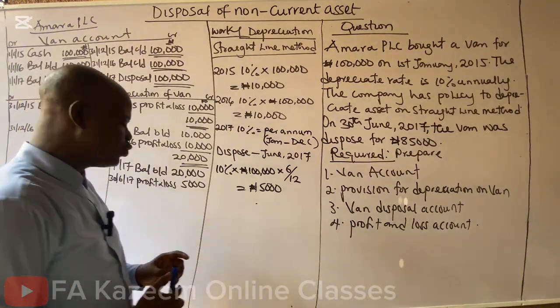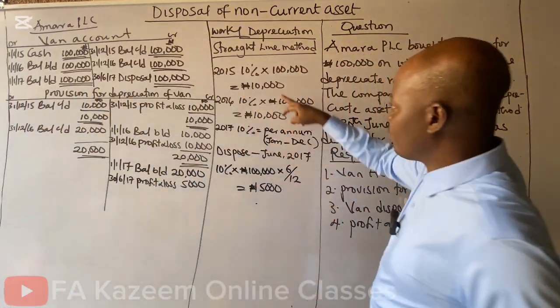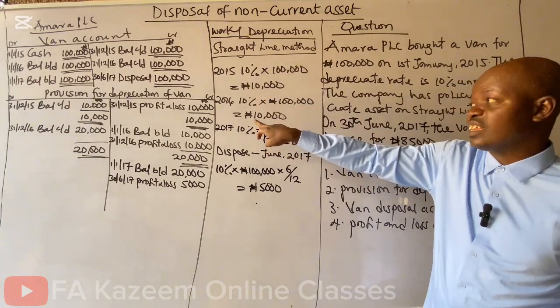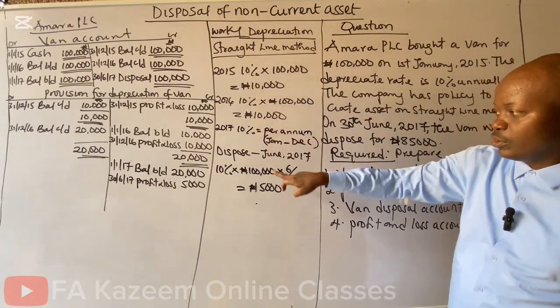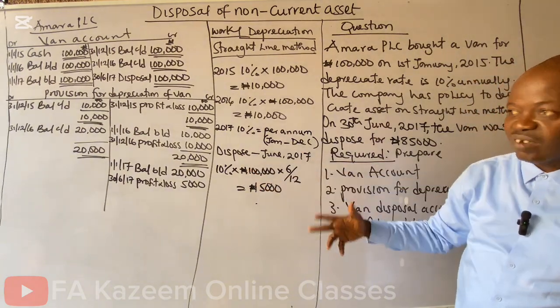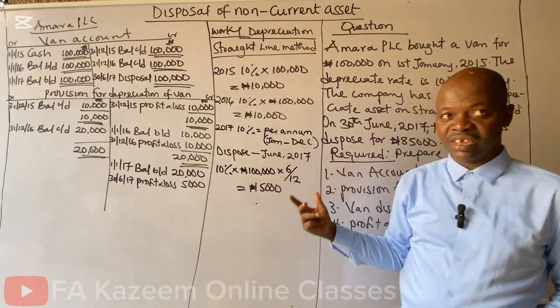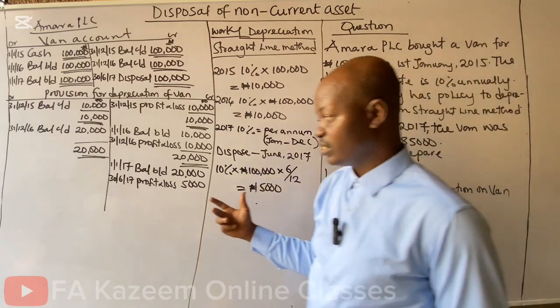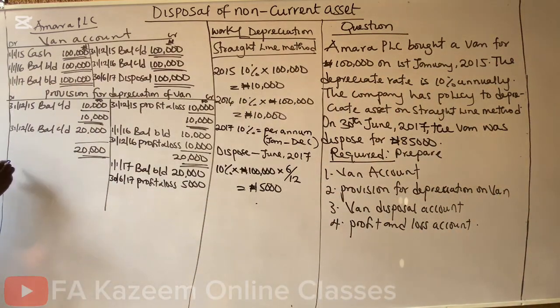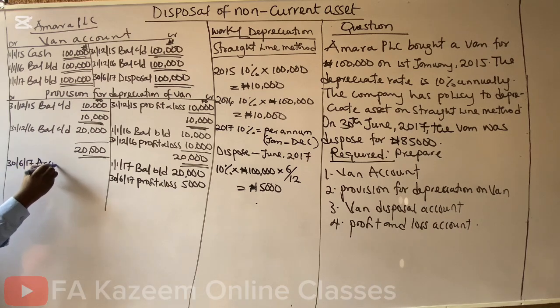In that case, how do we do this? For the first year, they set aside 10,000. Second year, they set aside 10,000. The year of disposal, we were able to set aside 5,000 because the asset was used for only half year, giving us 25 thousand. Meaning the total amount that has been set aside as at 30th June 2017, we'll now come here and call it